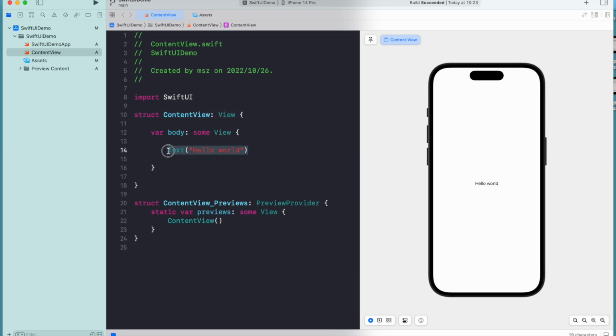So let's get started. Now, see that I have a text in the center of the screen. By default, SwiftUI is going to place that view within the body, in the center of the screen. So let's say we want to move that to the top. How are we going to do that? We can use a VStack